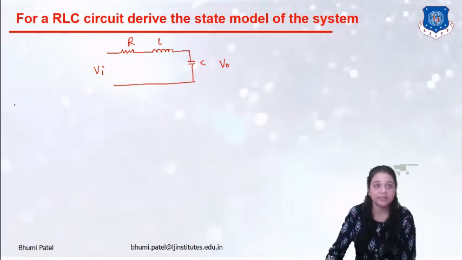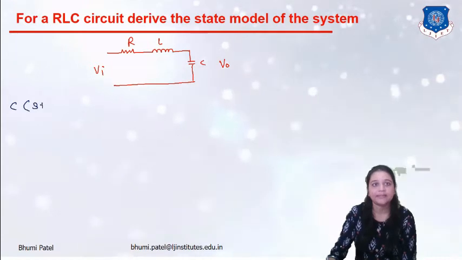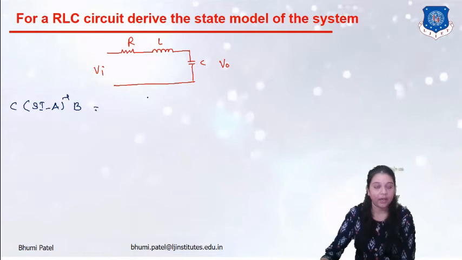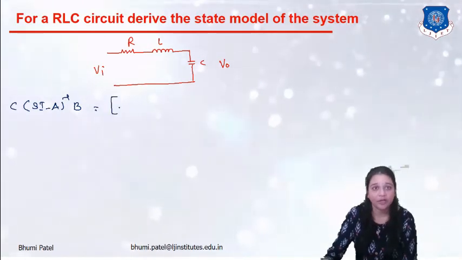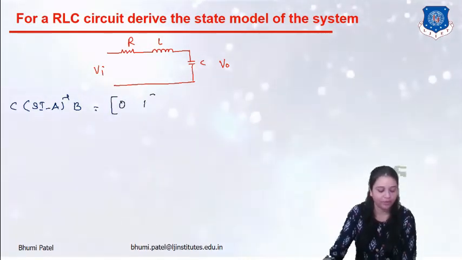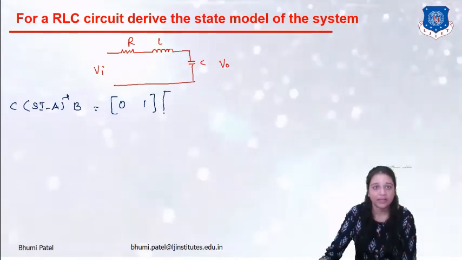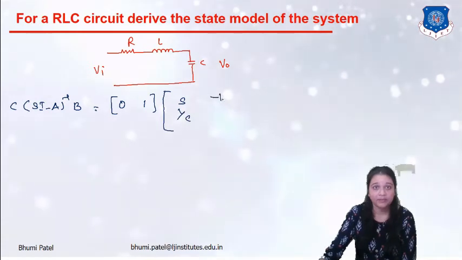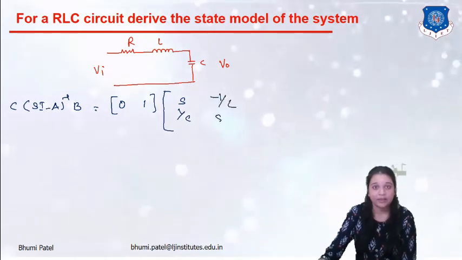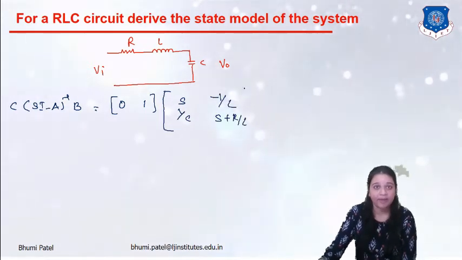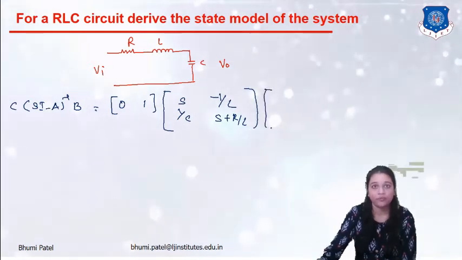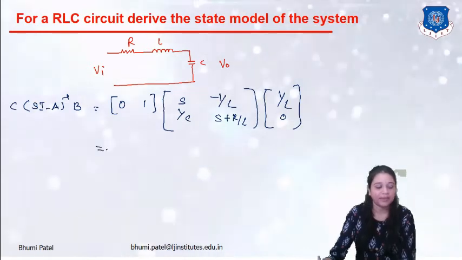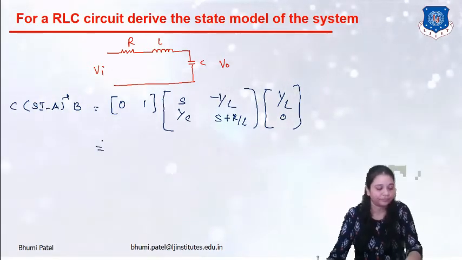Now next step is C into SI minus A inverse into B. Okay, now in our equations the value of C is equal to 0, 1. Put SI minus A inverse is equal to S, 1 by C, minus 1 by L, S plus R by L, and the value of B is equal to 1 by L and 0. Now multiply these matrices and we can get